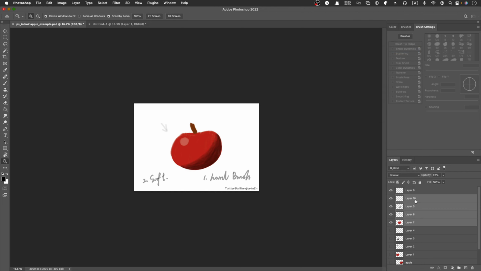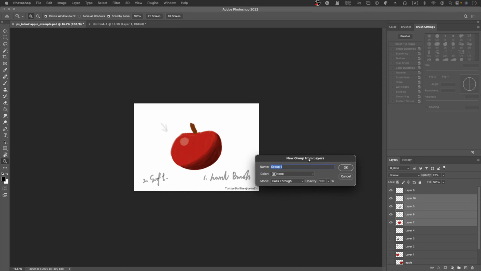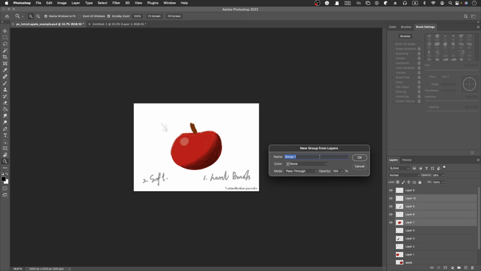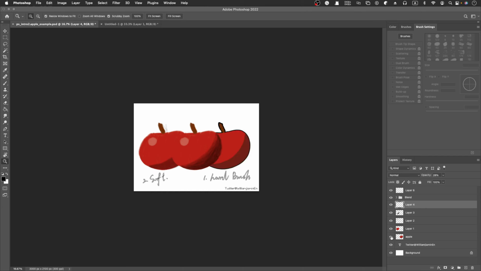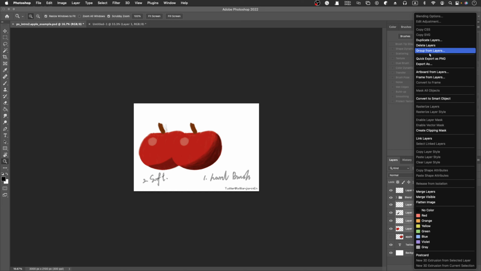Yeah, I've got multiple screens, so this is a new group from layer, and this is blend. And previously all that in this apple. So this is just a soft brush, so you can group from layer,